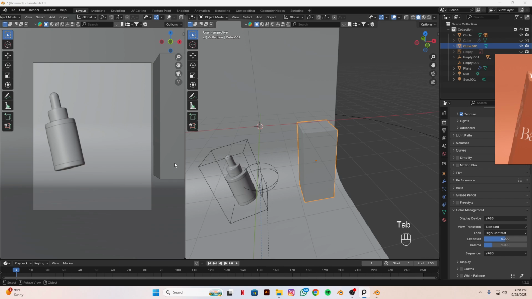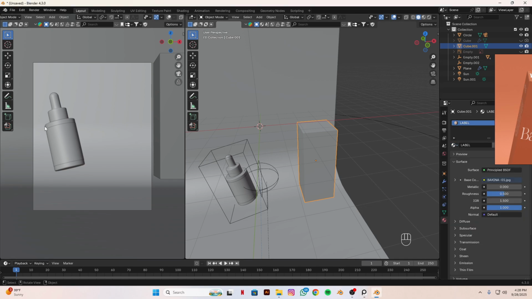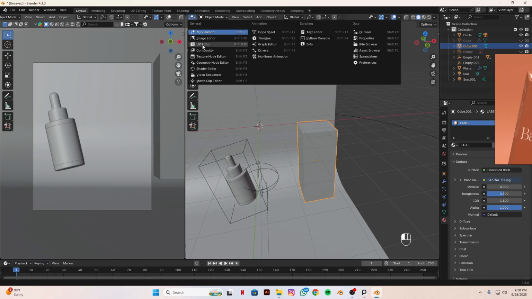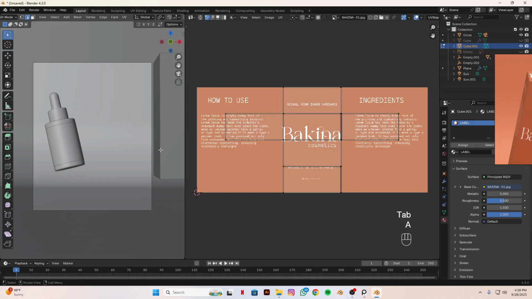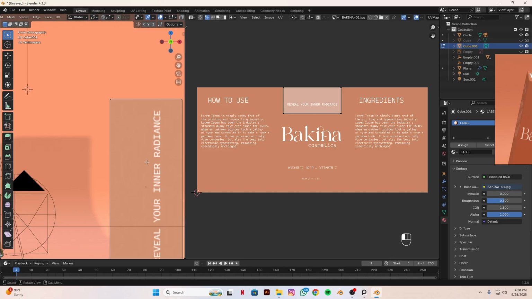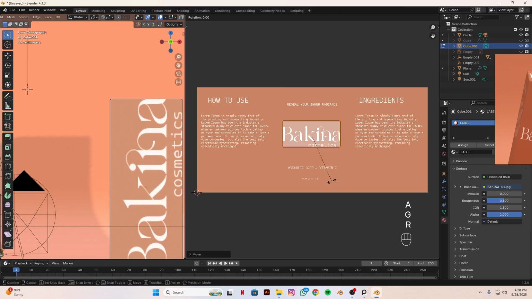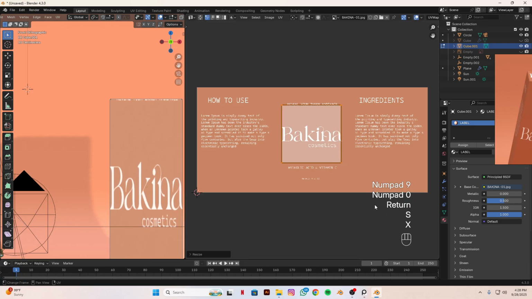Now we have to add a label to it, so I'm going to add the same label as over this serum model and open this UV editor and press Tab on your keyboard, then select A. Let's open this overlays, and I think we have to go for this front face and make it material preview. Let's select this front face and press A on your keyboard and select this R minus 90-degree rotation and SX,